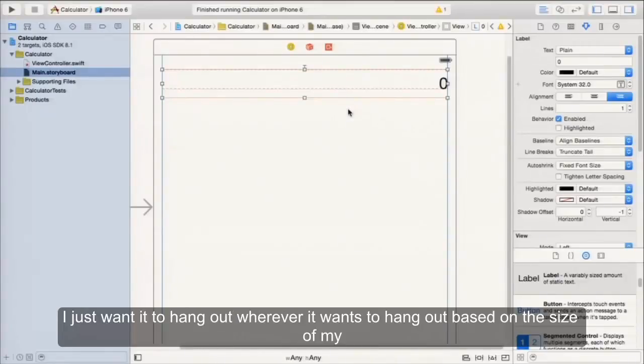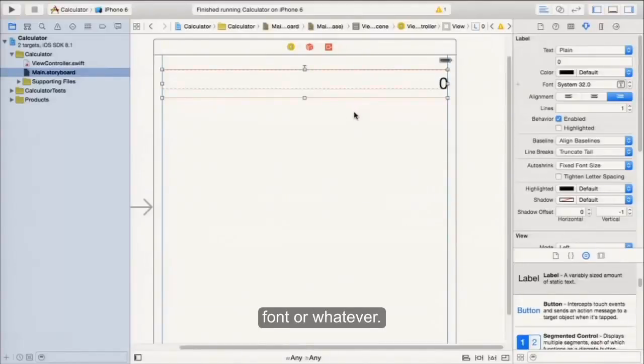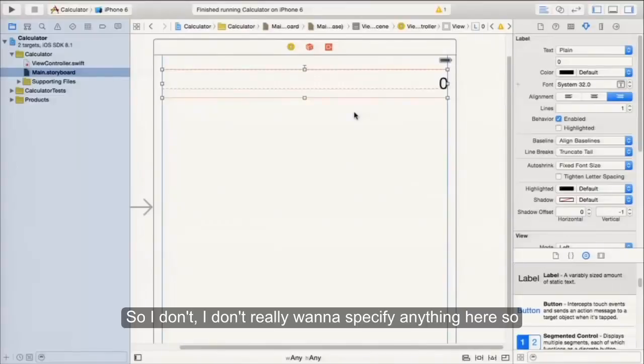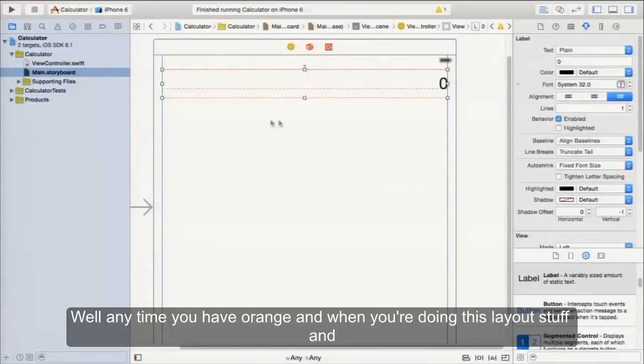I just want it to hang out wherever it wants to hang out based on the size of my font or whatever. So I don't really want to specify anything here. So why is this orange, and how do I get rid of this? Well, anytime you have orange